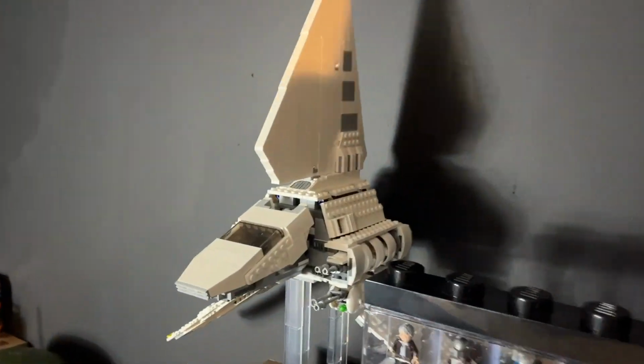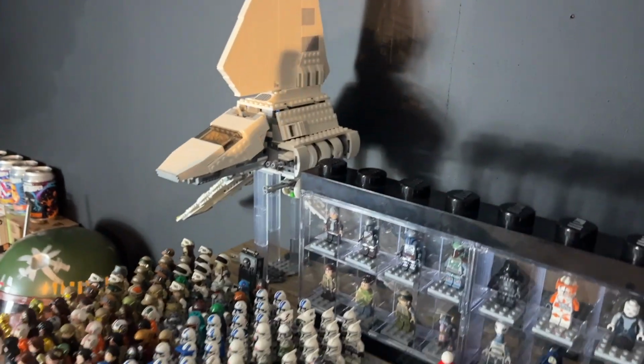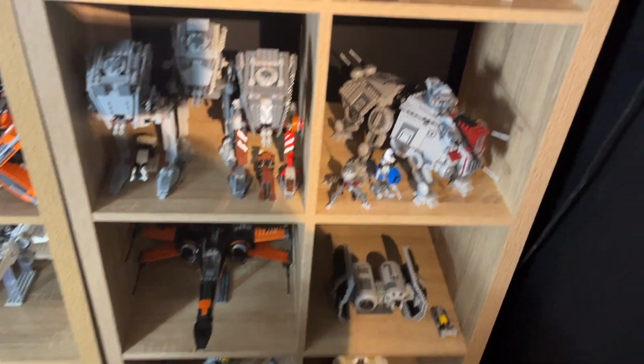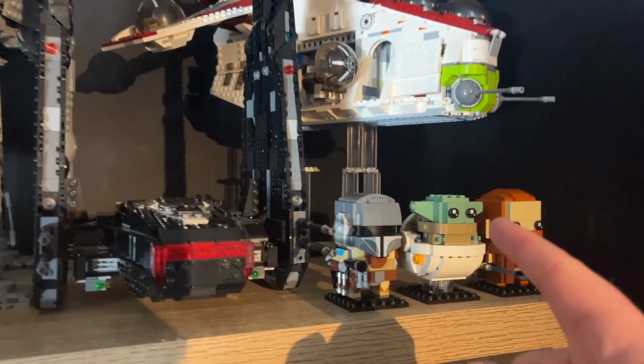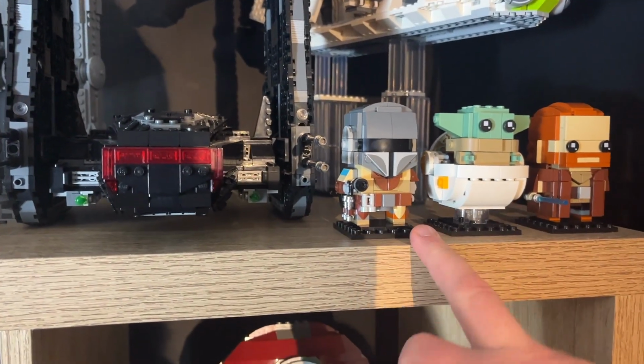My pride and joy, best Lego set there is, best ship, best looking ship. I absolutely love it, iconic. That's up there, and then the rest is kind of just positioned where I can fit it, really. But I've started collecting brickheads, but I don't know if I'm going to collect them too hard, because I spent